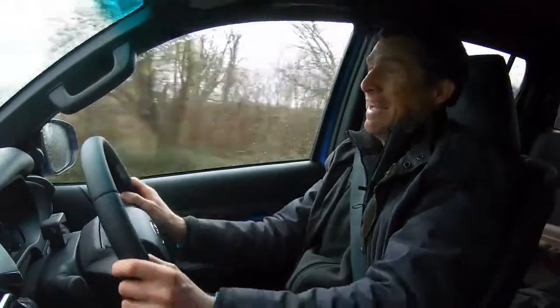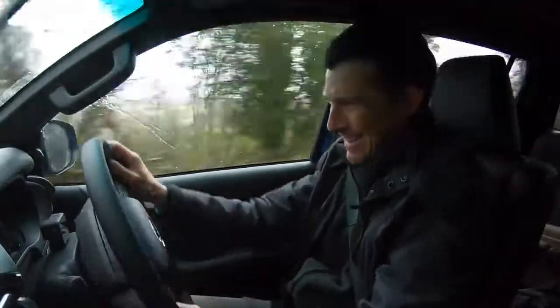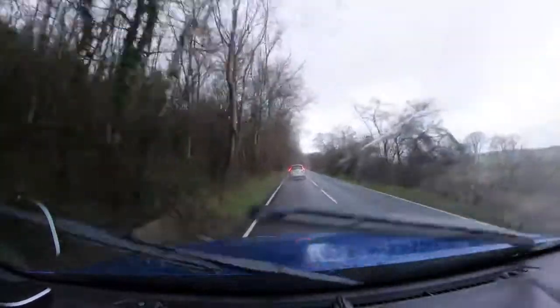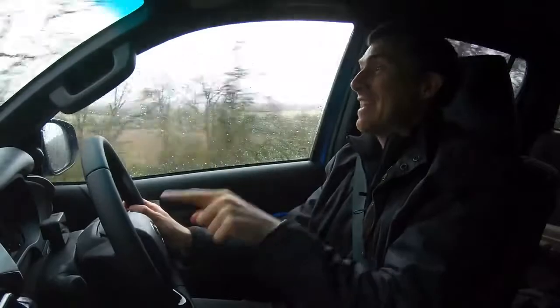The steering's, as you'd imagine, a little bit wishy-washy, a bit like the weather. Look, I can do that, and not all that much is happening. I'm just gently rocking from side to side. Having said that though, I still think the steering's a little bit better in this than it is in my